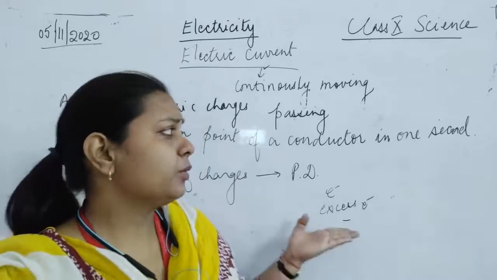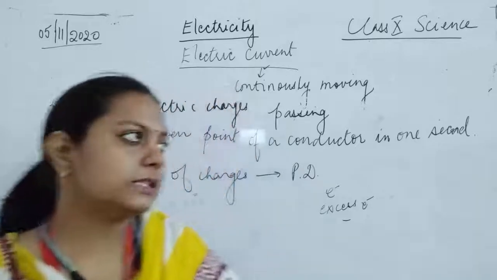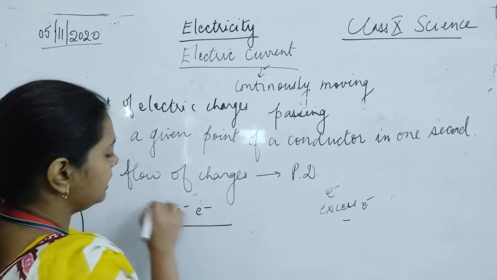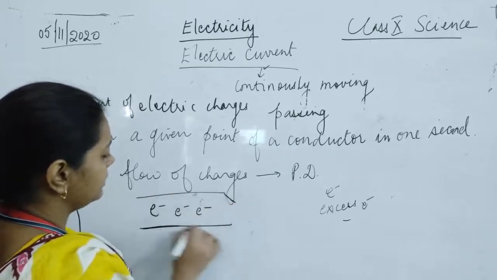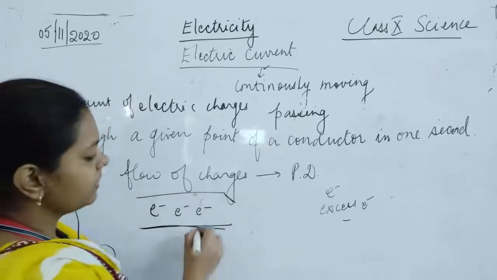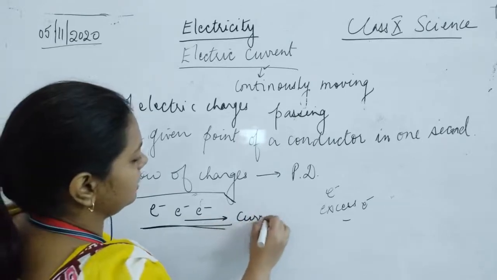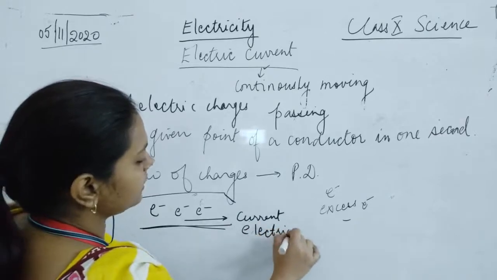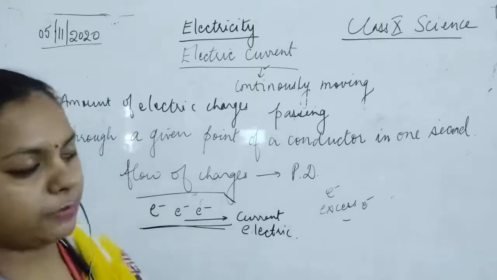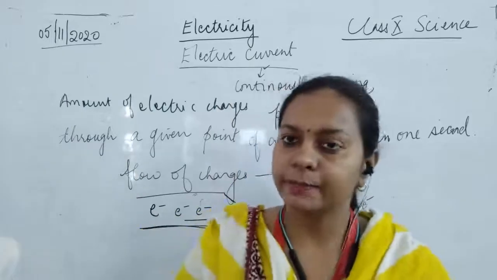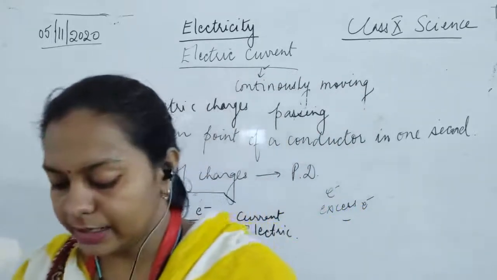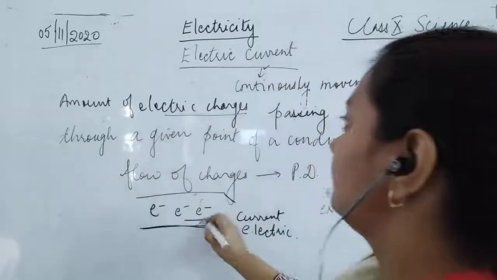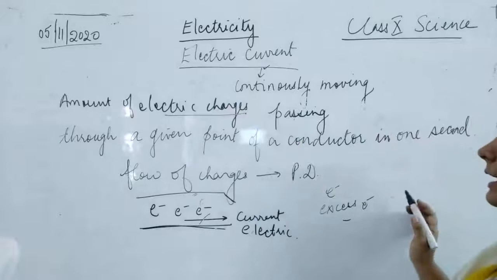Now what happens when the conductors are giving electrons? They will be continuously moving in the wire, and this forms a current. This continuous movement is said to be current. And यहाँ पे current किस चीज़ का है? यहाँ current है electric current, which is being generated because of the potential difference. Okay, so this is about the electric current, and its formula, as I said, is the amount of electric charge which is flowing through a point in 1 second.